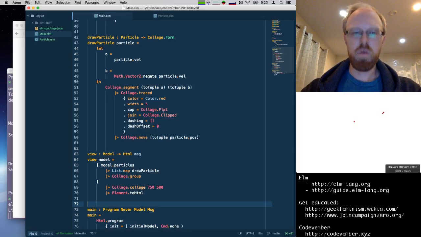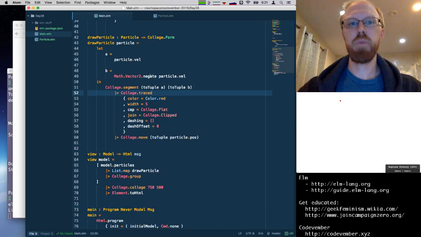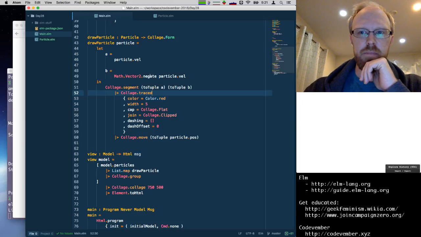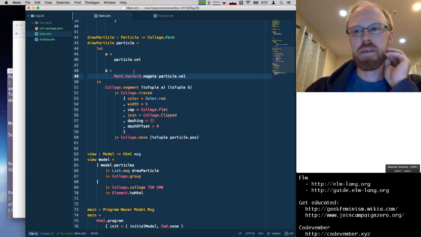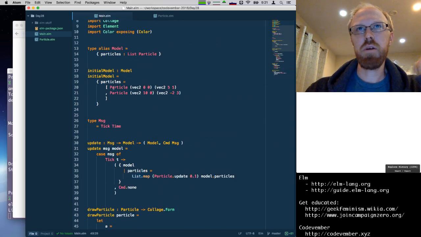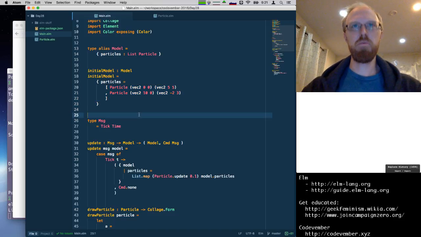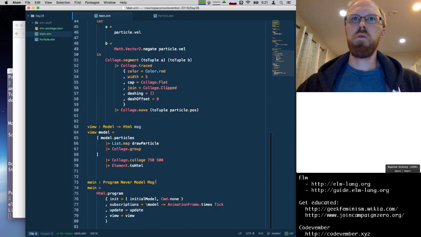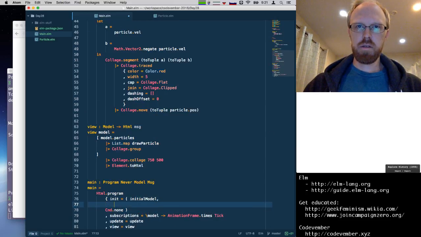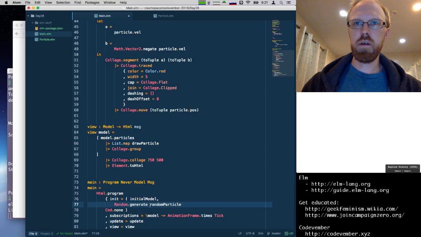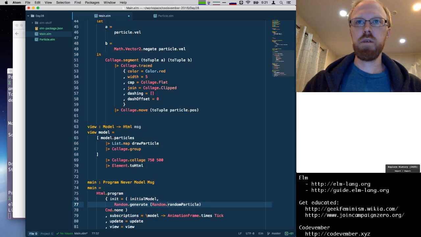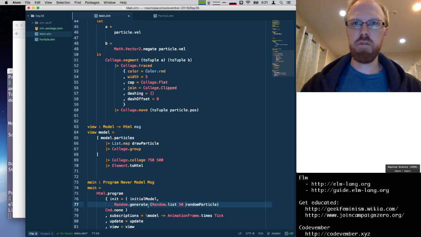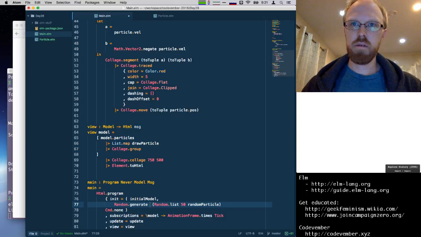All right, so we have rendered our particles. So now, let's do something interesting with these. Maybe the next thing we should do is randomly generate a ton of particles, because I don't want to type out more, and I think I want to see more on the screen. So, when we initialize, let's fire off a Random.generate, and we will make a random particle, and when we're done, we're going to make a list of these, Random.list, and let's try making 50 of them for now. And when we're done, we will,